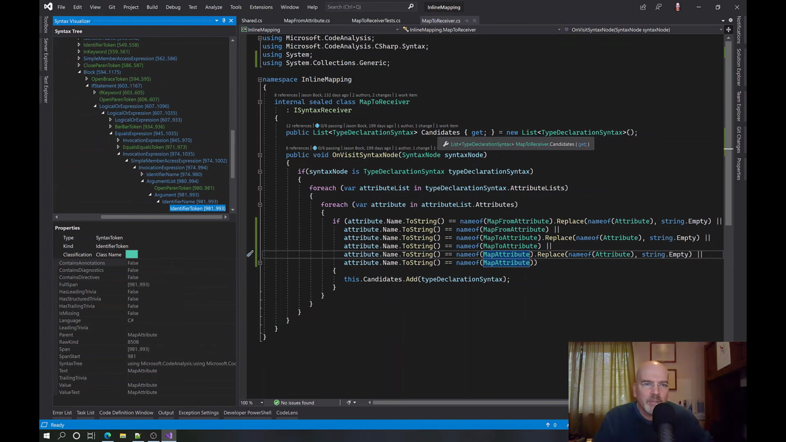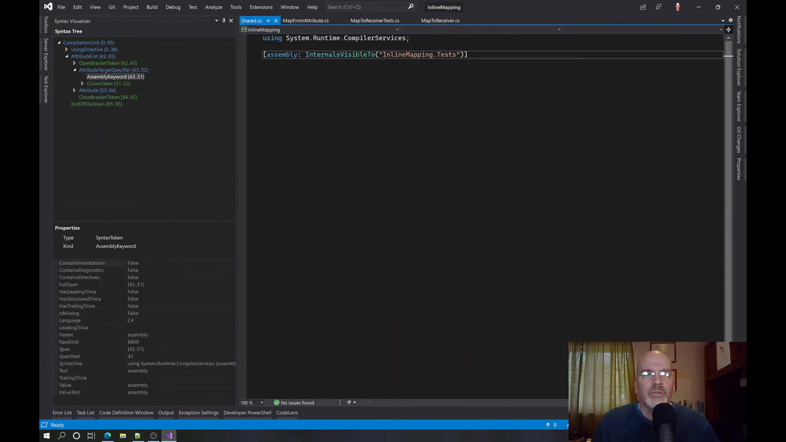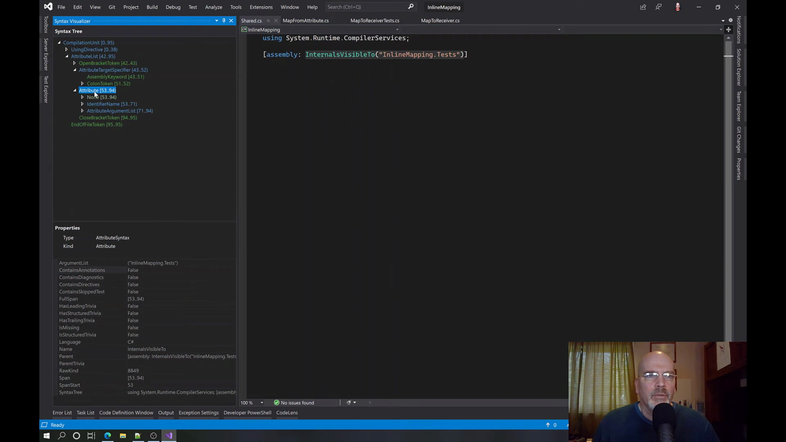It's always fun when you break things, isn't it? Because the assembly level attribute won't be on a type, so I can't list that as a candidate. I have to... Yeah, I can do this. I'm just trying to think of what's the right way to do this. If I have an attribute here, the attribute list that it should be a part of, because it's always part of an attribute list,